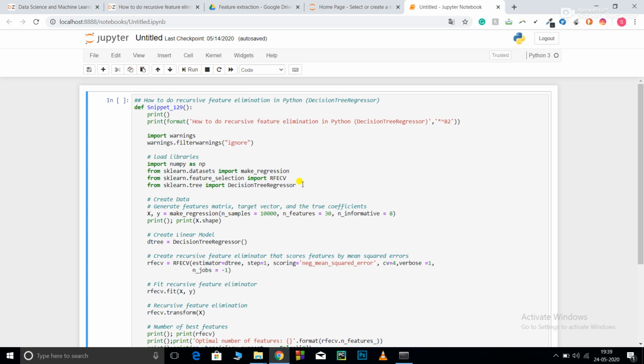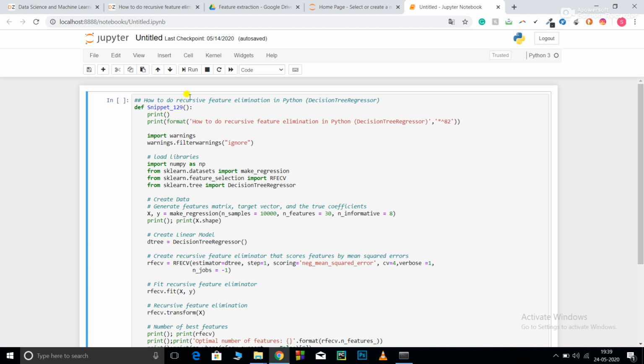In cross validation, it splits your data set into the number of cross validation sets given by the user. Suppose you give k cross validations to do; it will split your data into k small subsets, train your model on k minus 1 subsets, and test on the remaining one, so that your model picks up all the patterns from the data set.